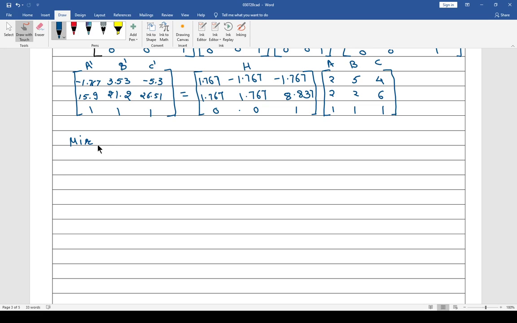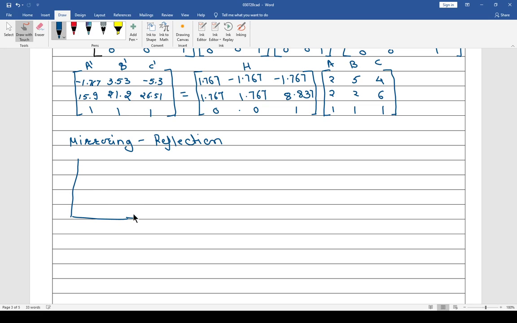Okay, so mirroring, also called reflection. This is what we have to see. So I just draw